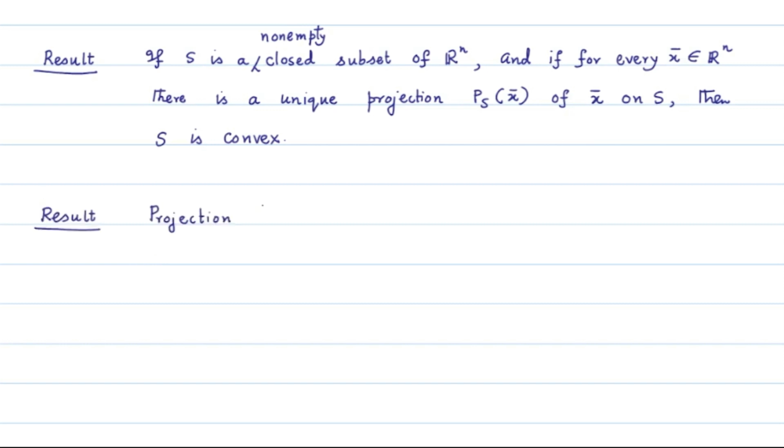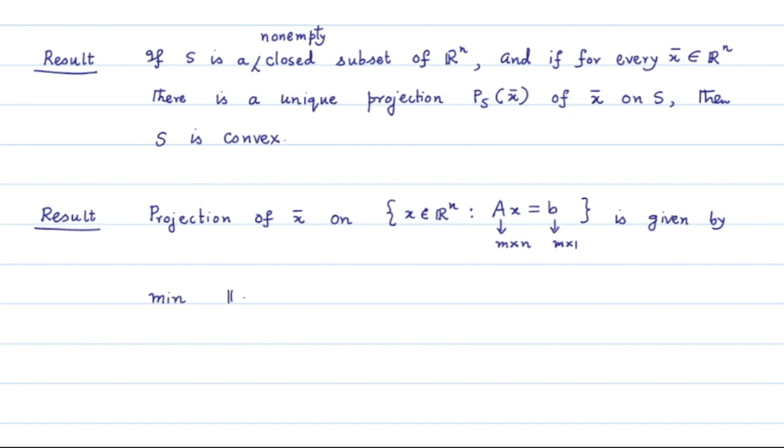The Euclidean projection of a point x bar on the set given by linear equalities Ax equals b, where A is a matrix of order m by n with real entries and b is a column vector of order m by 1, is given by the definition of projection as the minimum of the 2-norm of x minus x bar. Eventually we can consider its square also, and even multiply with a constant, say half, subject to Ax is equal to b,